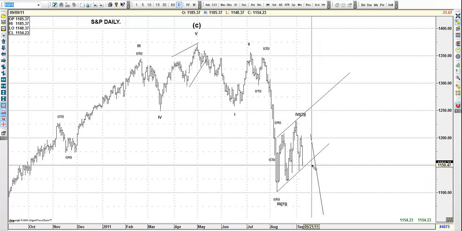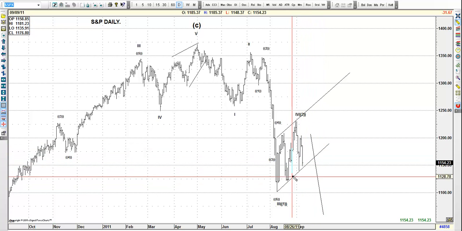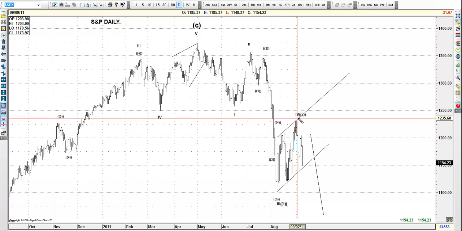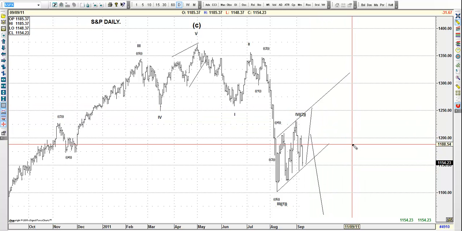Now, it's bouncing from those lines again. So if this is going to be a W-Y-S, and we're going to get a higher high right here, then we're going to see Aussie higher, CAD lower, New Zealand, all the pairs, they're going to trade lower against the dollar, and oil is going to trade higher. New Zealand higher, Aussie higher, CAD lower, and higher oil. So the S&P, guys, is very key to what's going to happen at the beginning of the week.